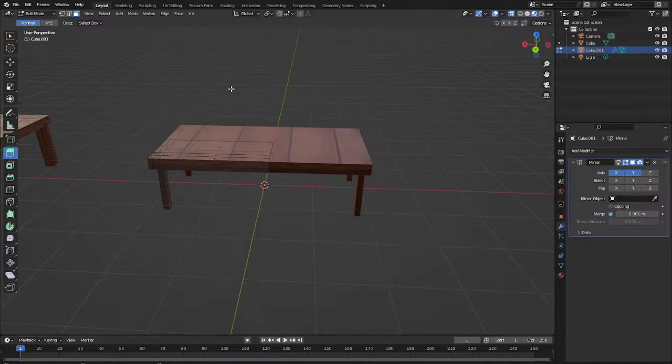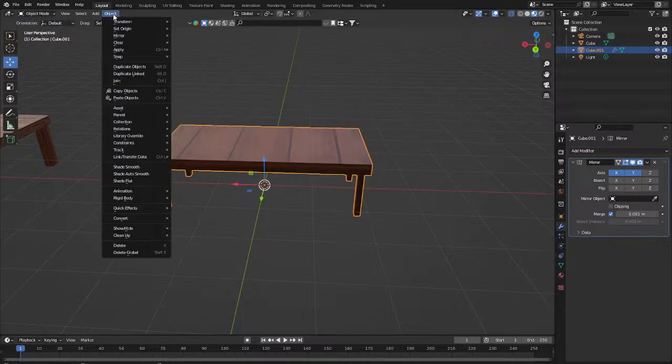We could leave it there and go, okay, I'm happy with it, and we'll just sort out the scale of the material when we get into AVL. But let's not do that. Let's do it the right way. So, okay. We are going to go in and UV unwrap it. So before we UV unwrap it, our rule from our workflow is we go back to object mode,